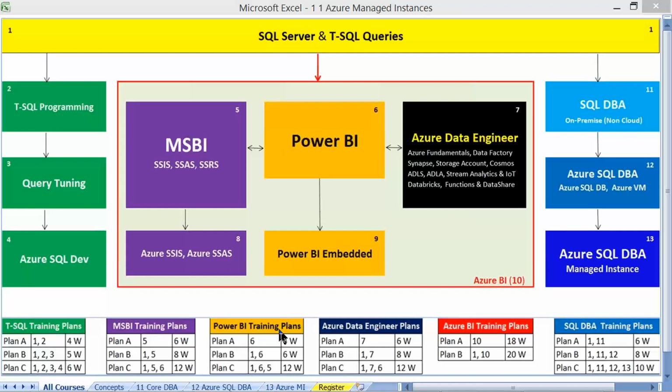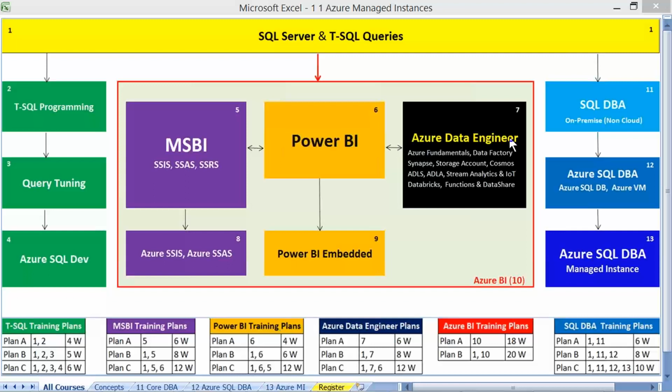Box 1 would talk about the implementation of regular SQL server activities. Regular SQL server.